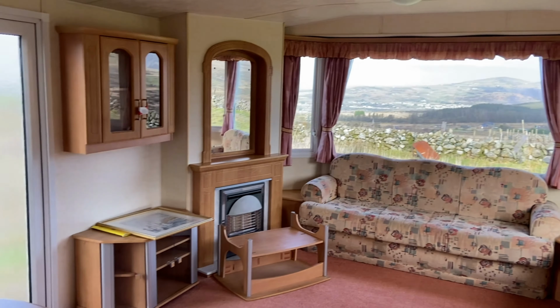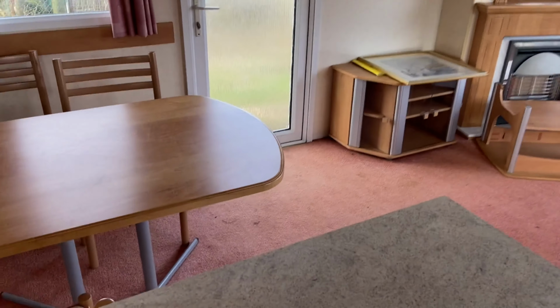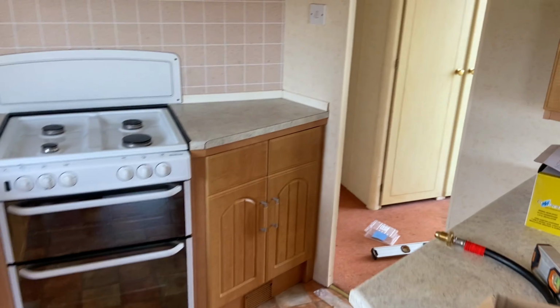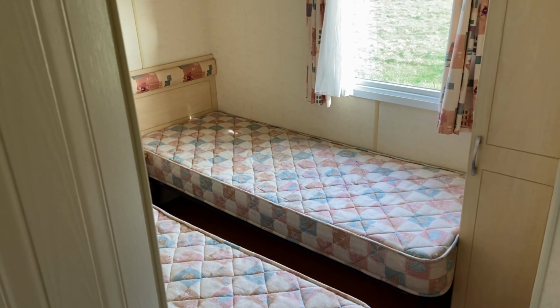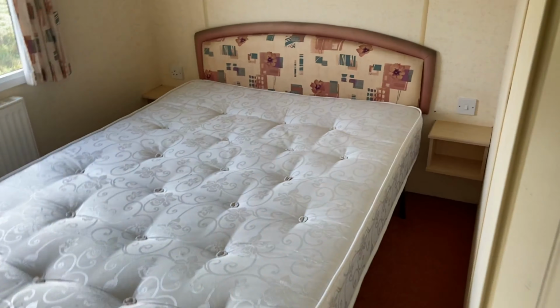As you can see, there's a lot of space in there. There'll be me, my wife, and my 2 young sons living there. And as I say, it's 3-bedroom and it's got 2 bathrooms as well, 2 toilets. So it's going to be great. But this is one of these single rooms, even though it's got 2 beds in it. And we've got here